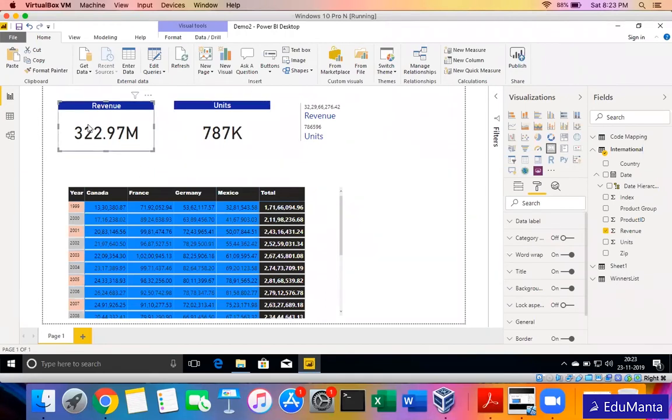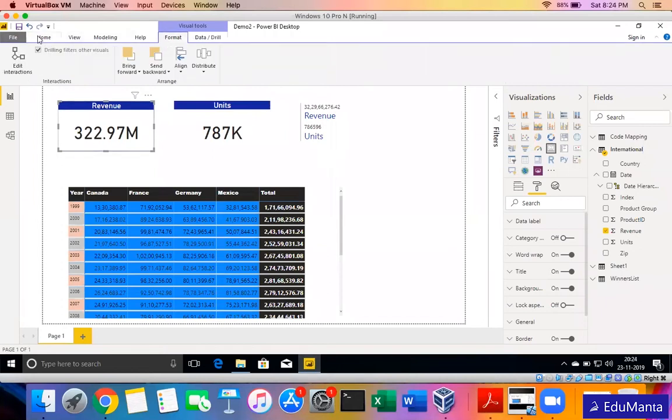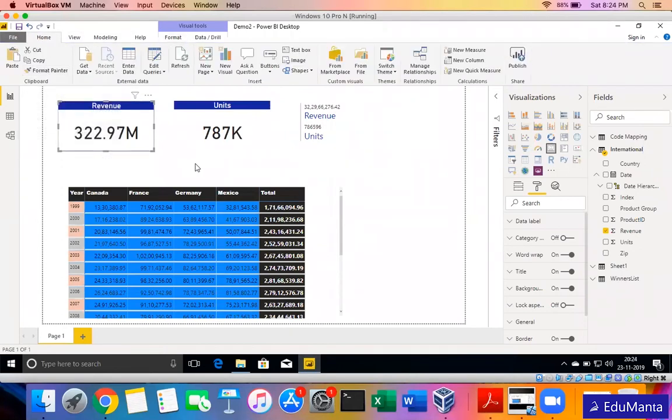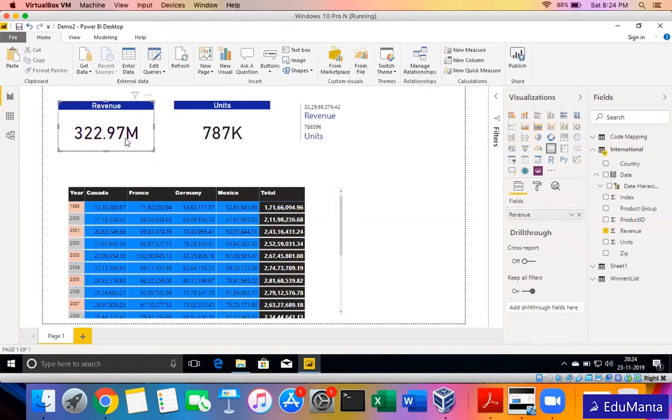And there's also an option that we use in Excel, Word, and different things, that is called a format painter. So suppose I have applied the border here and I change the data label color to maybe a different font. Okay, not black, I wanted something like this color. So now I want the same format to be applied here. I can use the format painter.